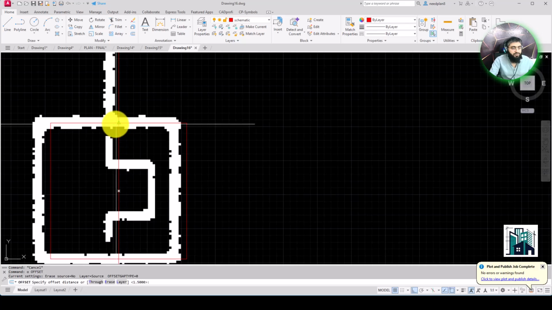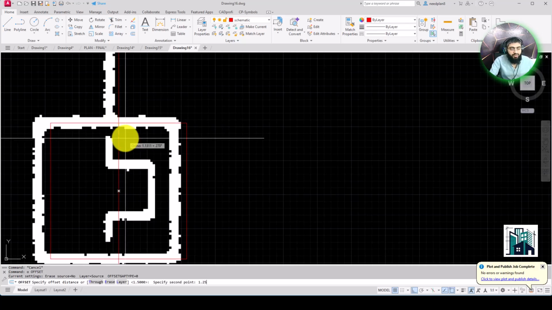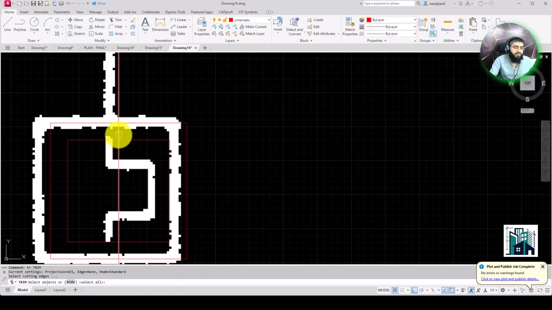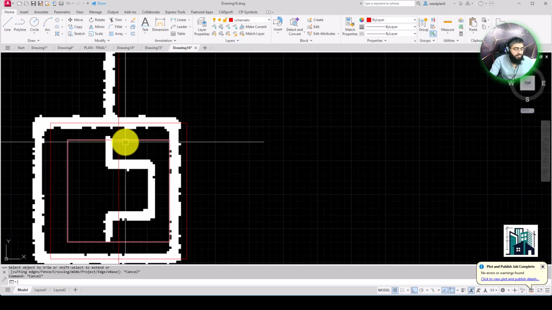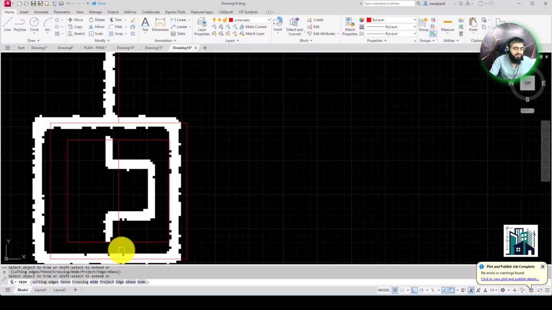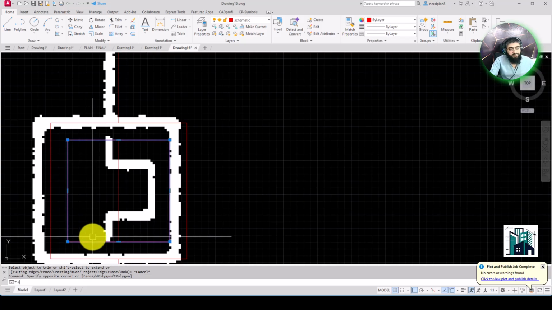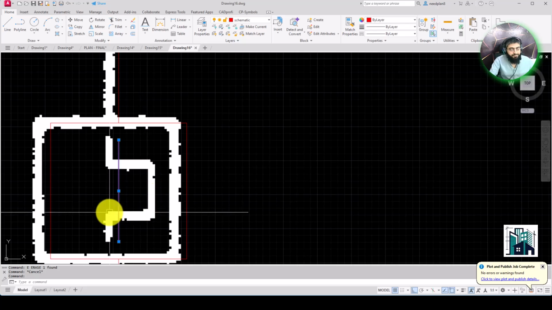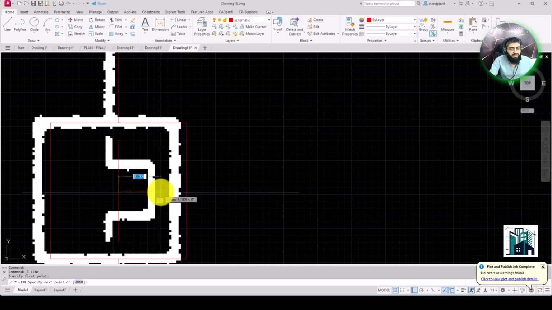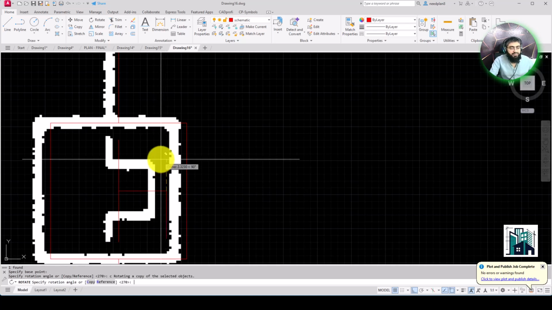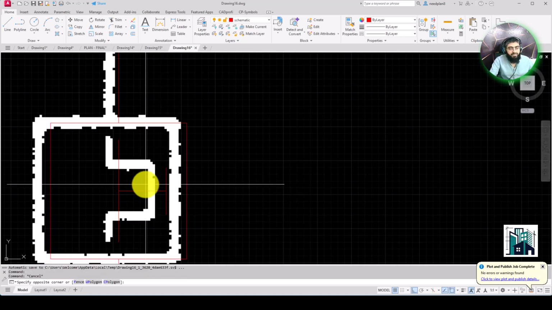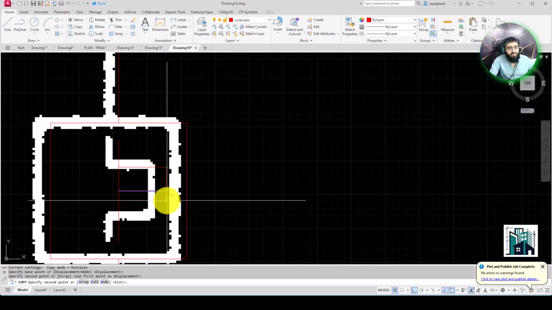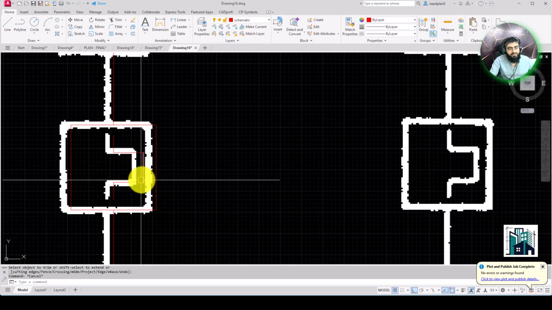What we will have to do, we will have to just give the dimension 1.25, okay, and then trim, TR, double enter and then select this and then select this, that will be removed. So we have this middle line and we want to create this one, so click here and then approximately 3.5 and then rotate this and then the middle of this line and then click here and then copy here. So you can create a pulse like this.